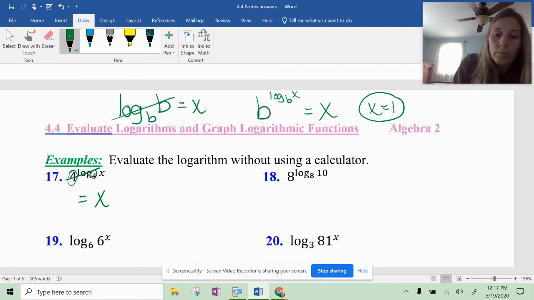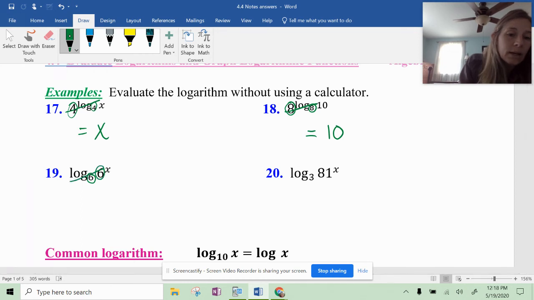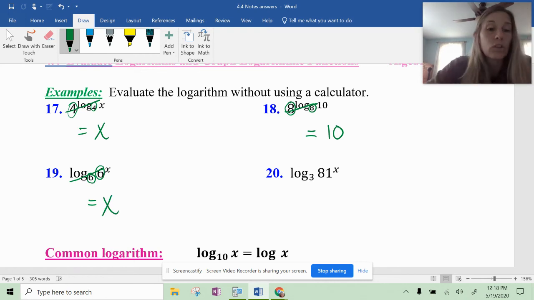Same thing here. Your base of the exponent is 8. Your base on the log is 8. That all just cancels, and then your answer would just be 10. Same thing goes in the other direction. So here the base on the log is 6. The base of the exponent is 6. So that cancels out, and your answer is just whatever that little exponent there is, which in this case is